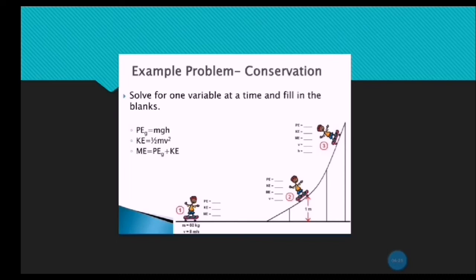Now when we come back, we are going to use numbers to solve these exercises. We will see them together and solve them together. For now, you have to understand that whenever I have a change in position, the potential energy might be changed into kinetic energy and vice versa.